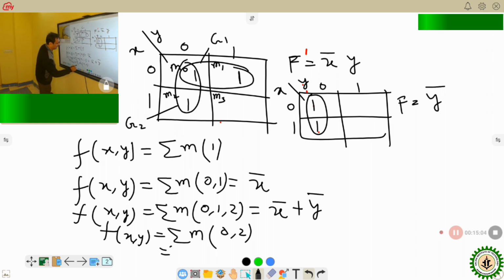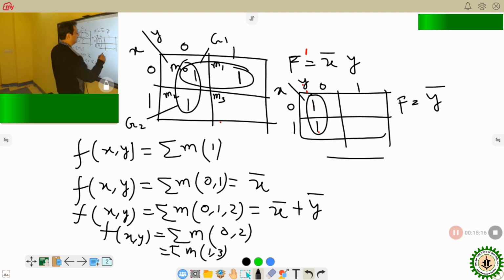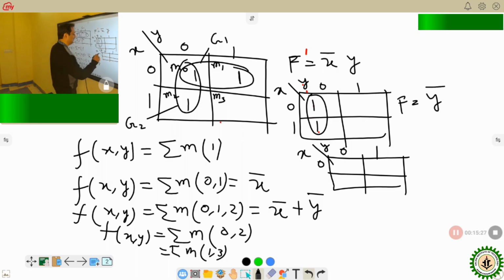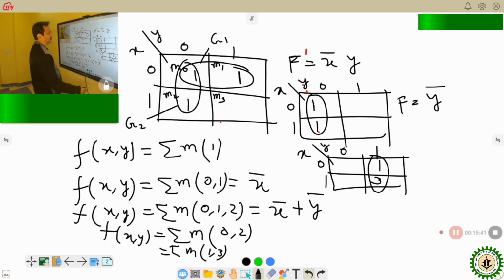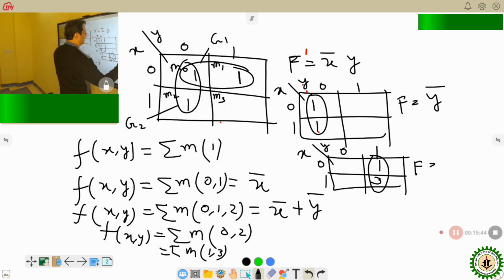Another example is Boolean function is suppose 1 comma 3. Now if I consider the 1 comma 3, what will happen? Again, this is x and this one is y, this is 0 and this is 1, this is 0 and this is 1, and 1 comma 3 means this is 1 and this one is 3, and the rest of the values are 0, and we make a group. And what is the output? This output f is equal to